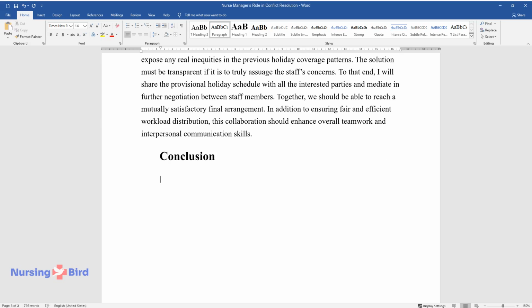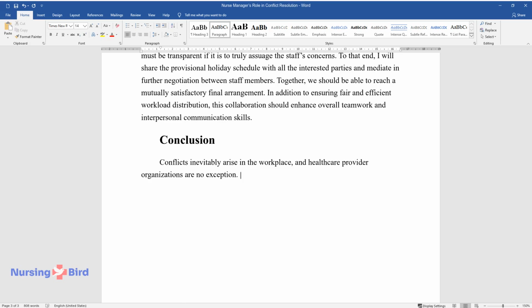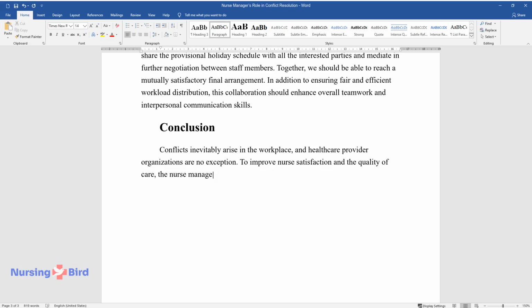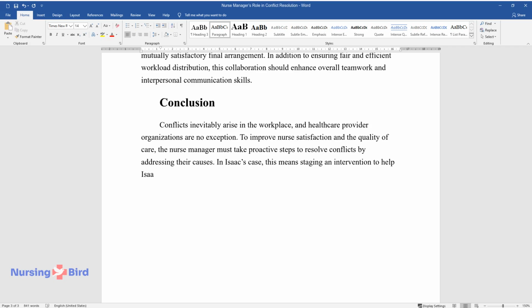Conclusion. Conflicts inevitably arise in the workplace, and healthcare provider organizations are no exception. To improve nurse satisfaction and the quality of care, the nurse manager must take proactive steps to resolve conflicts by addressing their causes. In Isaac's case, this means staging an intervention to help Isaac correct his behavior and improve his